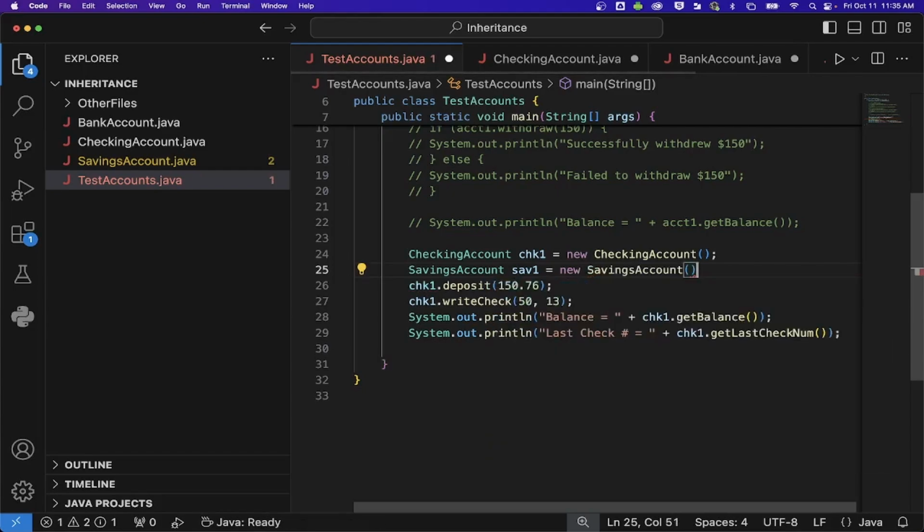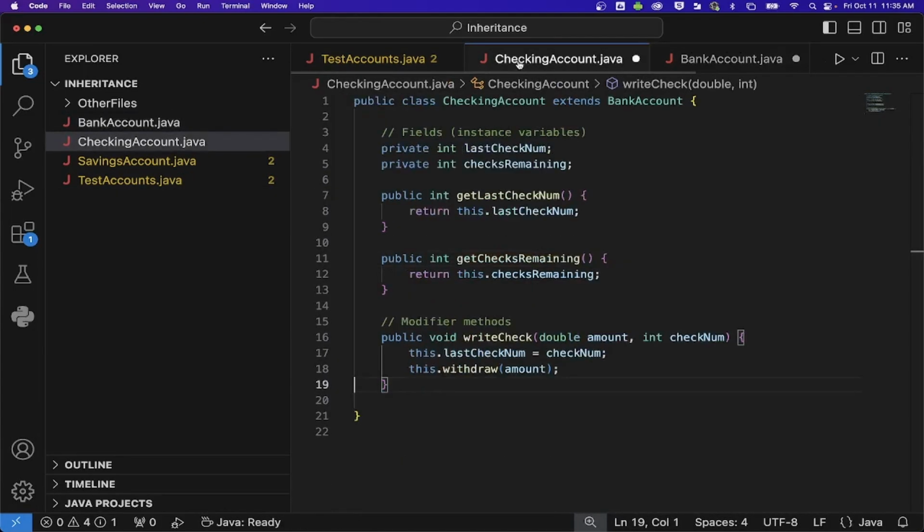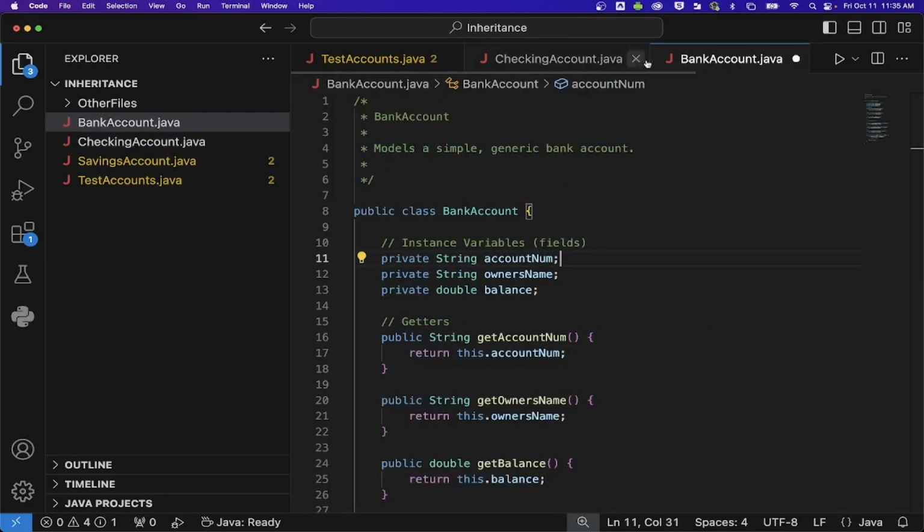Now I'm not going to be able to demonstrate anything with it since I didn't really write any code for it, but just like when we started the video, it's going to have access to deposit and to get the balance and all of that stuff that comes with the bank account class. So it's not a one-time deal. I can make as many subclasses of bank account. Another way of saying that is I can make as many different types of bank accounts as I need. And often we do have many different